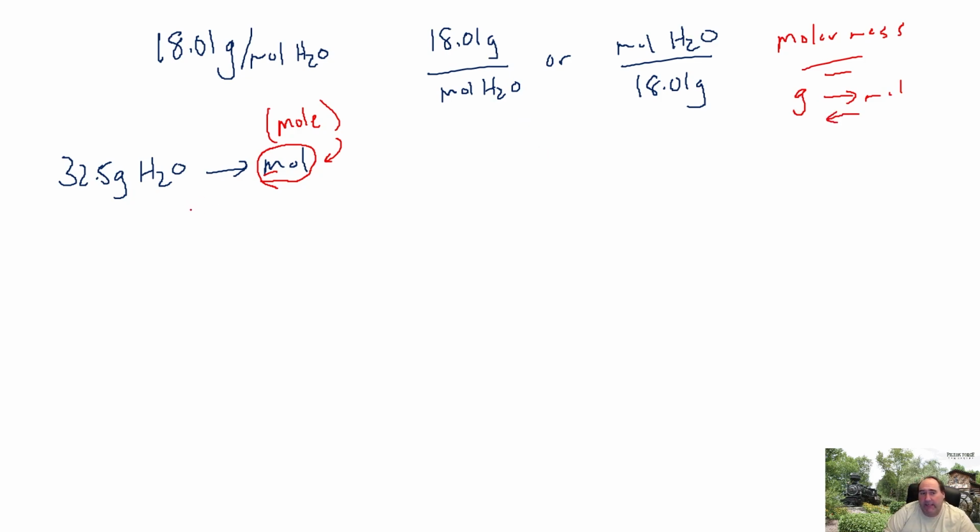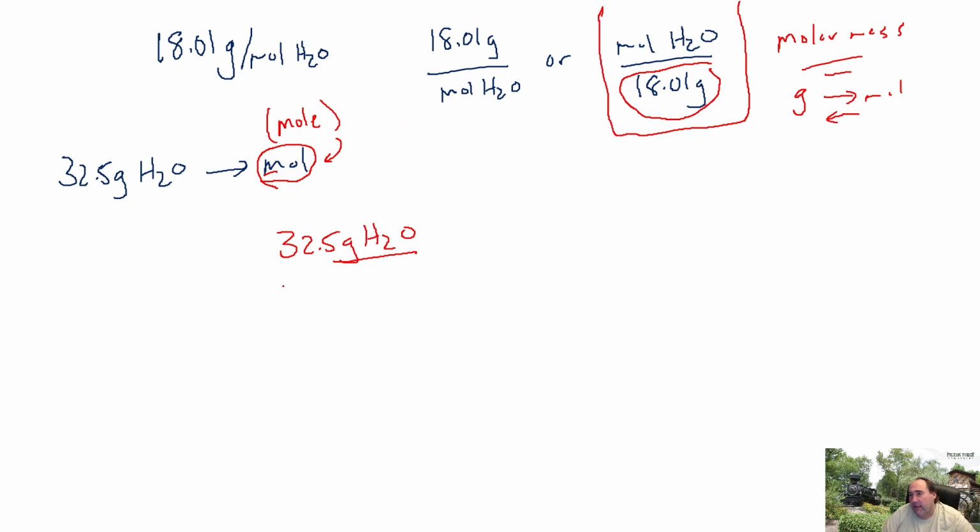We'll set this up again, just like a dimensional analysis problem, 32.5 grams of water. Grams of water is up on top, which means in order for it to cancel, we need the same units in the opposite location, so we want to use the conversion factor here on the right. We put grams on the bottom and moles of water up on top. The grams of water on top and on the bottom are going to cancel. We're basically going to take 32.5 and divide it by 18.01. And that is going to get us here